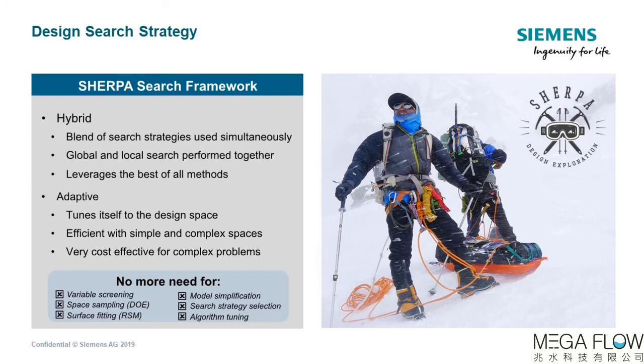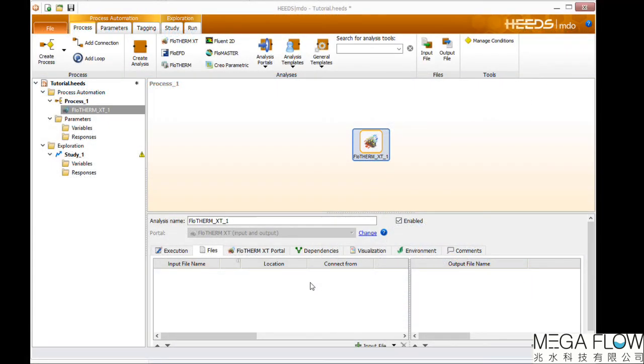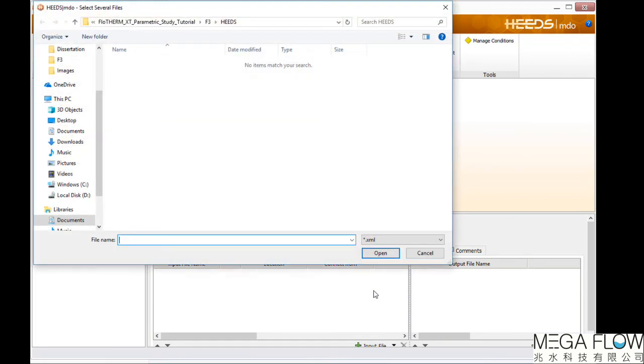HEEDS fits effectively with Simcenter Flotherm XT model setup. This method requires no model simplification or model fitting. Using the hybrid adaptive intelligence search allows you to find better designs in fewer evaluations, ultimately reducing product development costs and product design risks. To fully exploit the benefits of HEEDS driving Simcenter Flotherm XT, a new portal was made